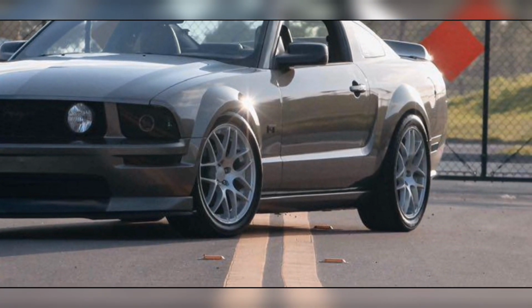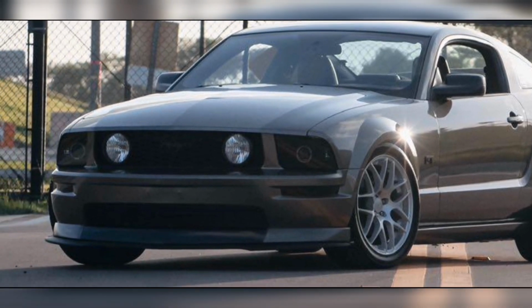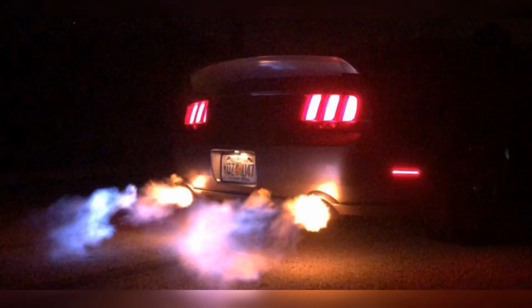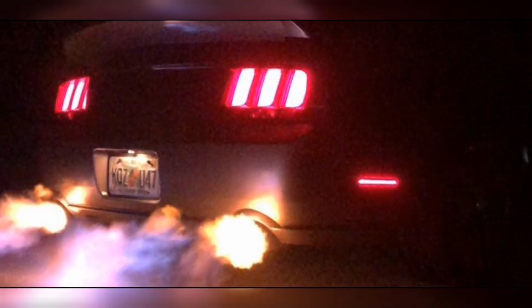The wheels are nice. I like a not black wheel. I like them when they're color matched or when they're silver and machine looking. It looks really nice like that. He's also got a subtle front lip there, which I like. It's got a good stance to it as well. See, does he have no? Ooh, ooh. First of all, okay, he's got the